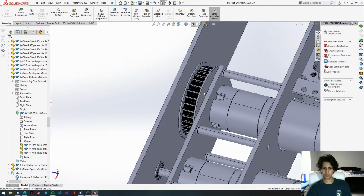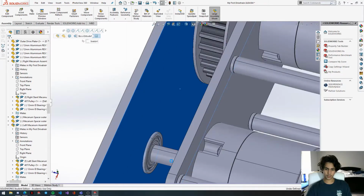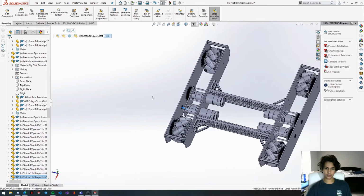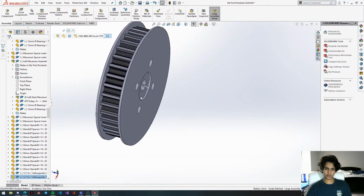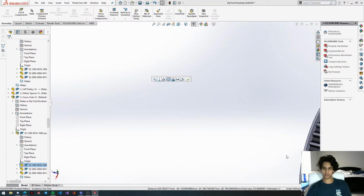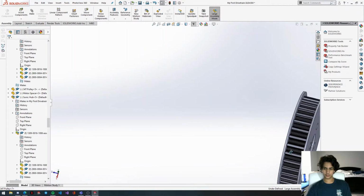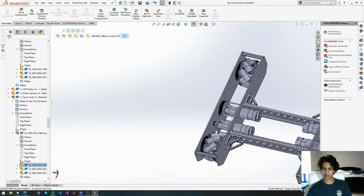Okay, now we're going to select this pulley and select the sonic hub. Copy it and then paste it right here. We're going to concentric the pulley onto this motor shaft. Yep, it's all the way here once again. We're going to zoom more in. Get this face, or not this face. Get this face, concentric. I'm going to get this sonic hub face, and then...